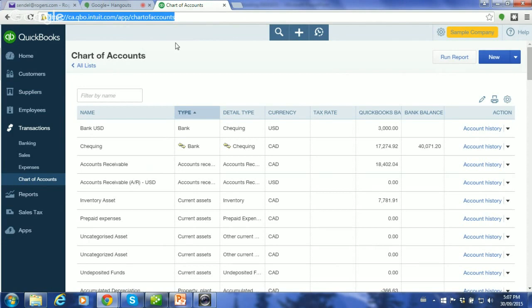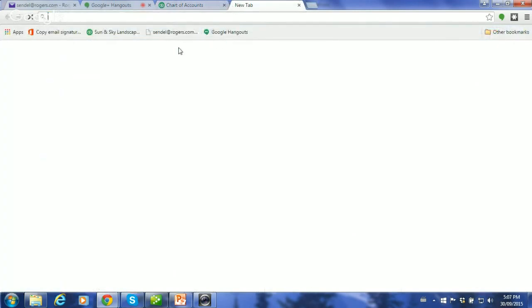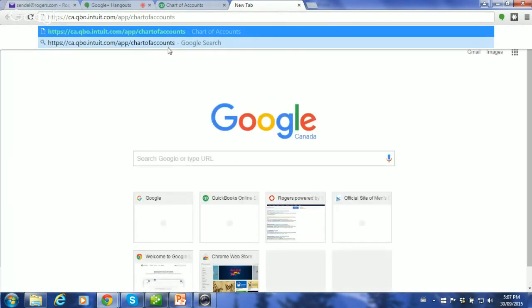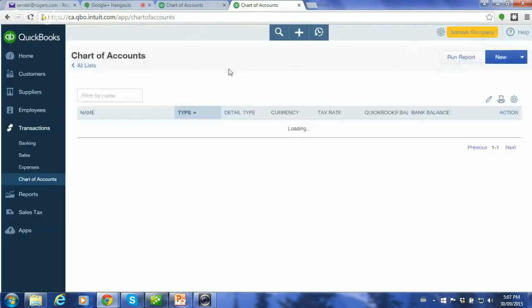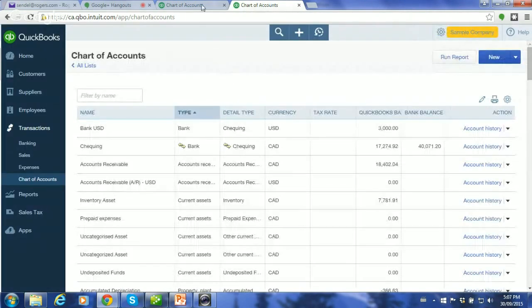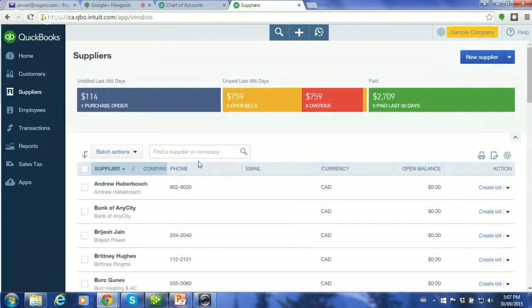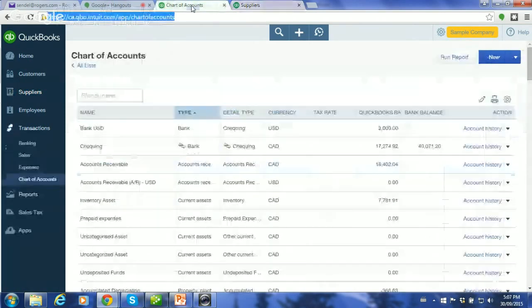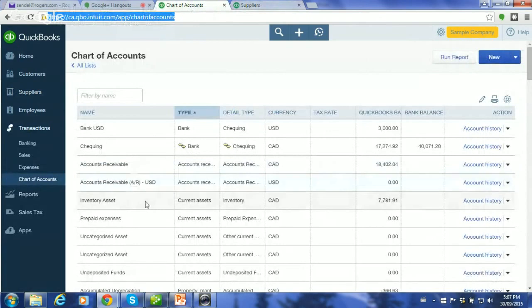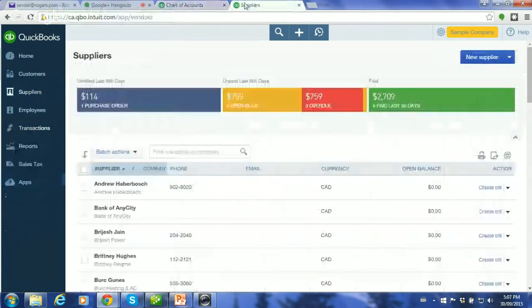You can do a copy paste. So I do Control-C. I open up a new tile at the top. I go Control-V. I hit Enter or Paste. If you're not a Control-C, Control-V kind of person, then it's just copy-paste. And now you can see me toggling between two different tiles. So I can be working on a supplier account specifically, and then I want to go back and see how I hit the GL. I can do that by having multiple tiles, and I can have 3, 4, 5 open